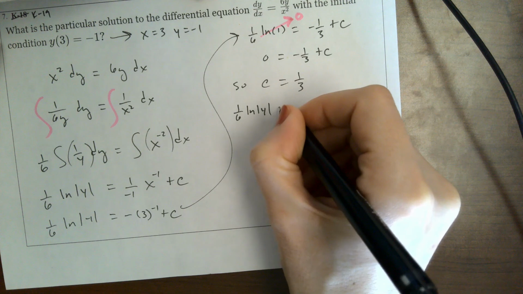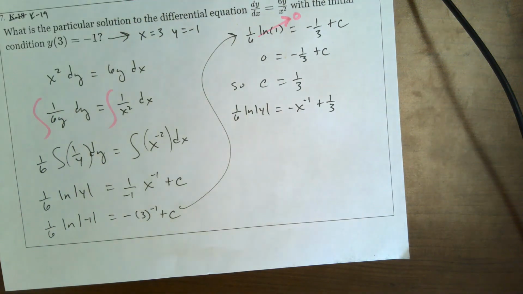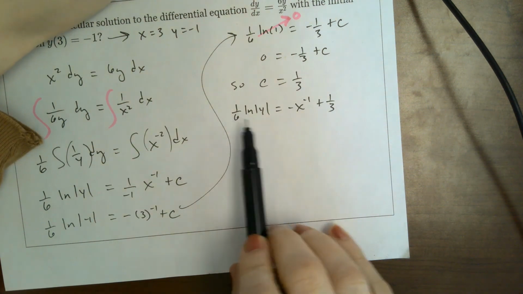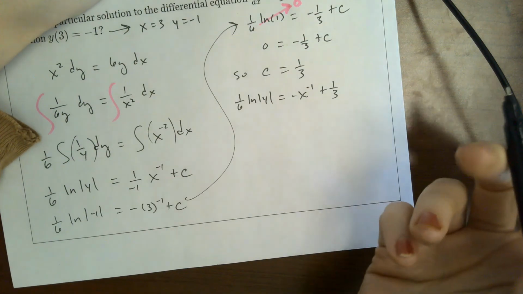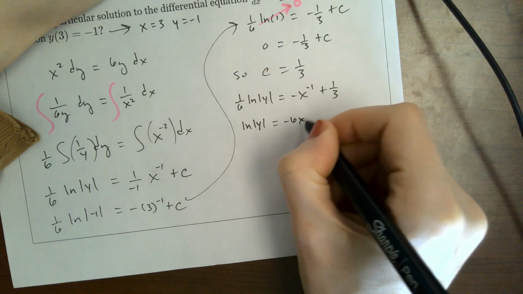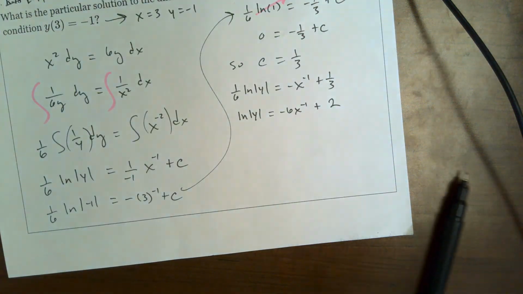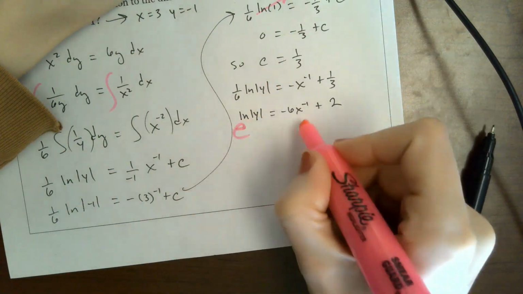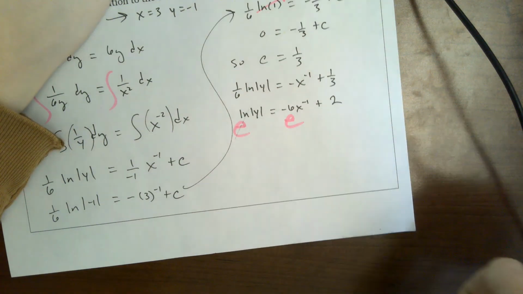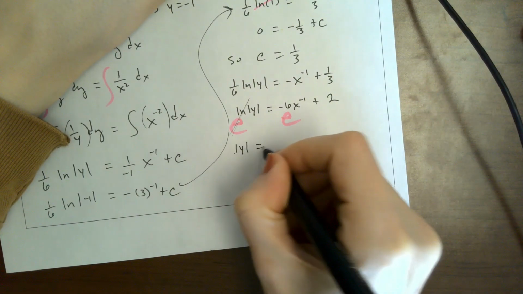So our particular solution is this. Okay, but we've still got to solve for y. So I got to get rid of the 1/6. So I'm going to divide every term by it, which is the same as multiplying every term by 6. Okay. Then I've got to get rid of the natural log. So I put a base of e on both sides. That makes the natural log and the e cancel. All right. And so this is just absolute value of y